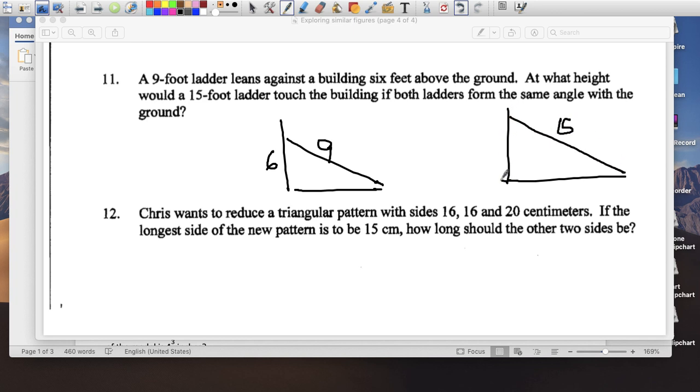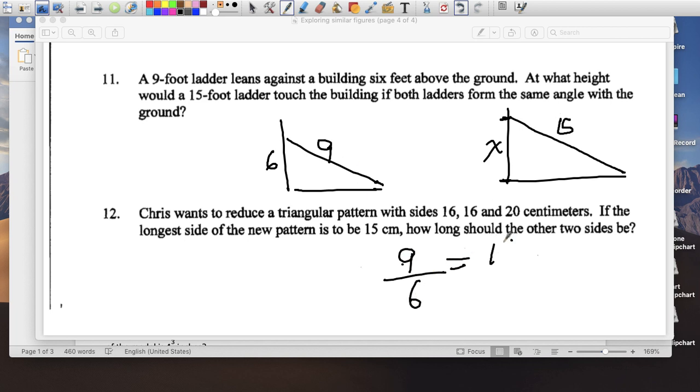Alright, so how far is this? So we're looking, this is my x over here, right? Because obviously a 15-foot ladder, if it's the same angle, it's going to touch, I think, a little bit higher. So set up a proportion, so we can write on one triangle 9 over 6, and that